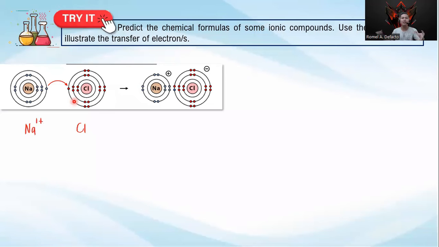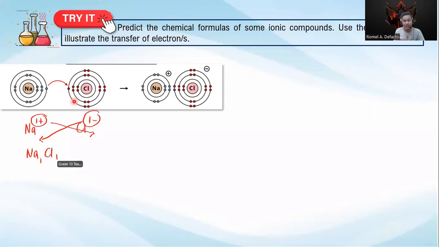And it has the ability to accommodate one more electron. So in this case, that's 1 negative. Okay, so it's very simple. You simply cross-multiply this, okay? You cross-multiply and bring that down, cross-multiply, bring that down. So you will end up with